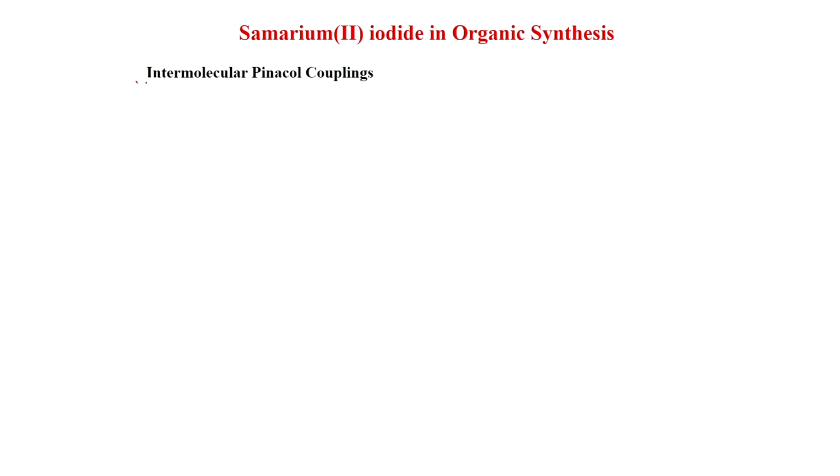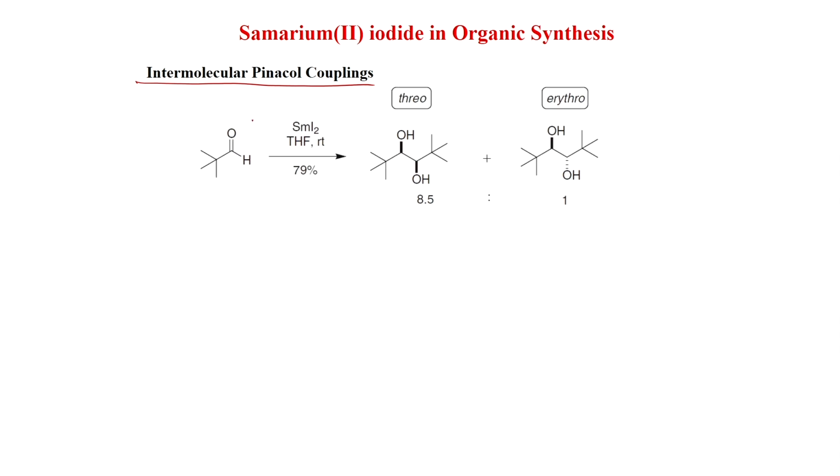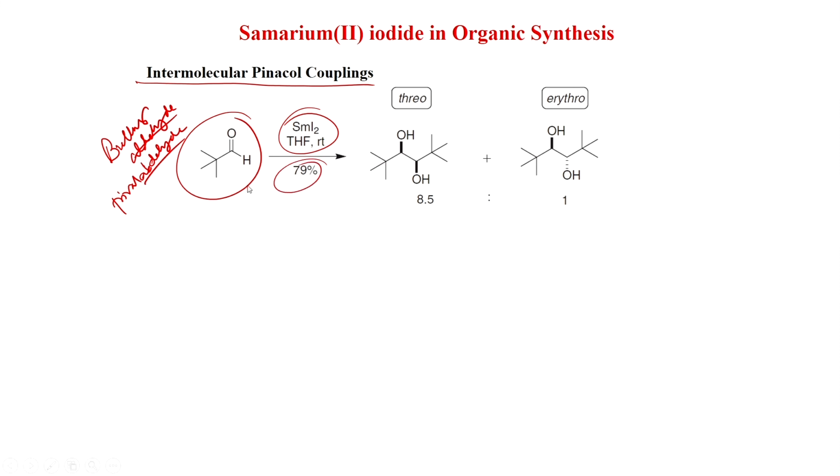Now, we will see intermolecular Pinacol couplings. In the intermolecular coupling cases, if it is a bulky aldehyde, so this is pivalaldehyde, so a tertiary butyl group is present, and with samarium iodide in THF at room temperature only, you get these 2 products in 8.5:1 ratio. This is the threo product and this is erythro, and you get this product in 79% yield. So, for bulky aldehydes,